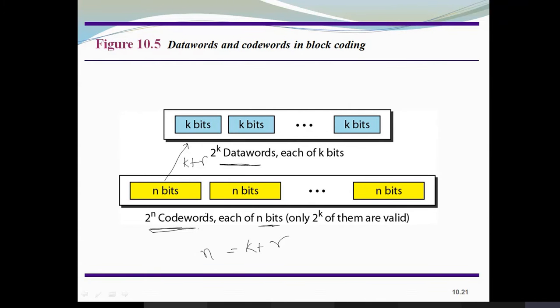So you are going to get extra code words, and those extra code words are not required. If you have 10 data words here, then you should have only 10 code words. Because of this n value you may have some more code words, but those may not be used, and can just be discarded. So you'll be using only 2 power k valid code words.